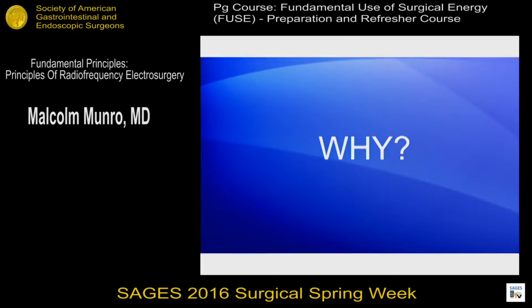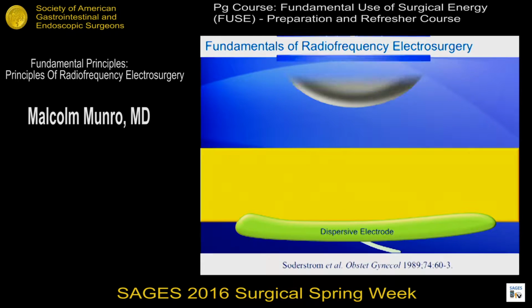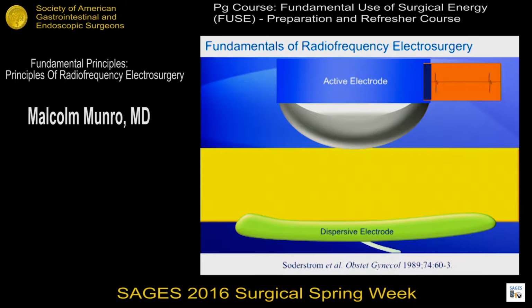So why? Well, here's what happens. If you bring that high voltage, modulated high voltage instrument to tissue, what happens? You get these little outputs, little discharges. And what are they doing? They're randomly almost creating these little superficial zones of coagulation. So they become highly impedant, and they're an insulator. They actually prevent coagulation deeper. Whereas if you use the continuous low voltage output, you'll get a continuous and broader and more homogeneous